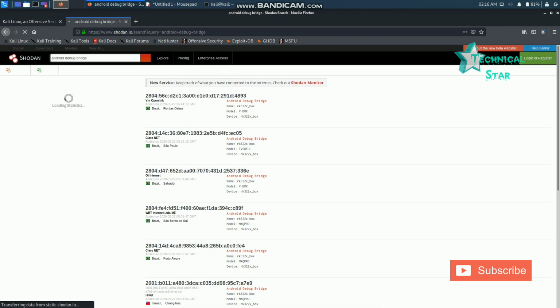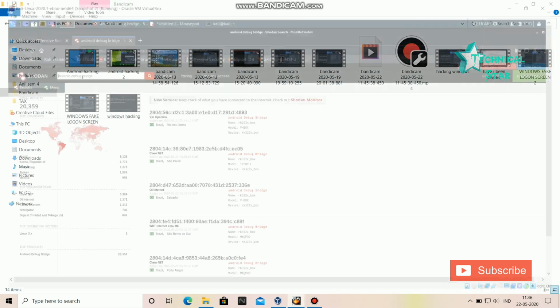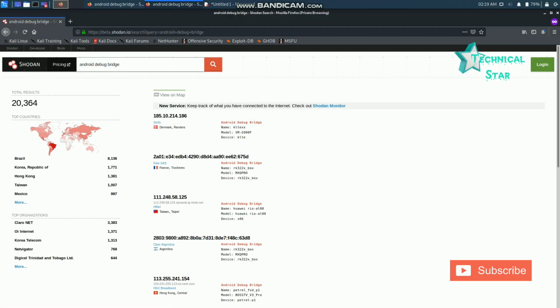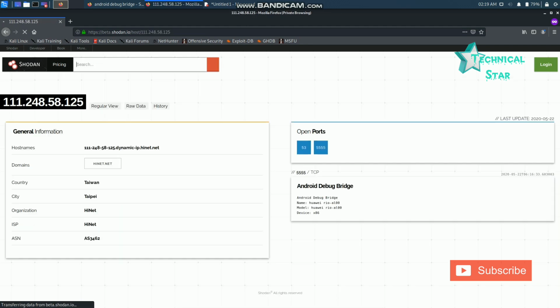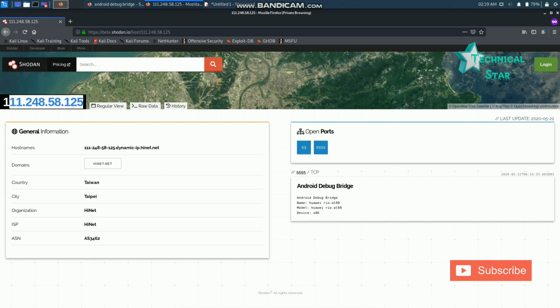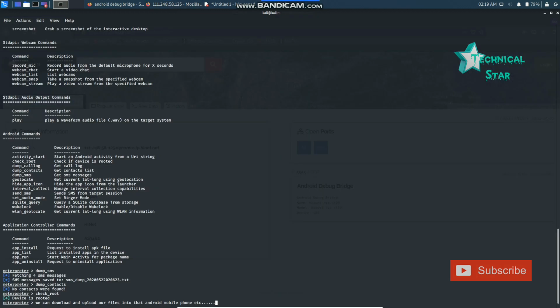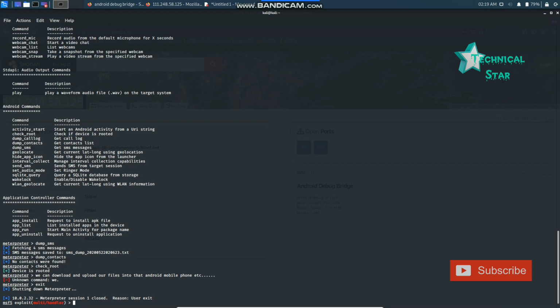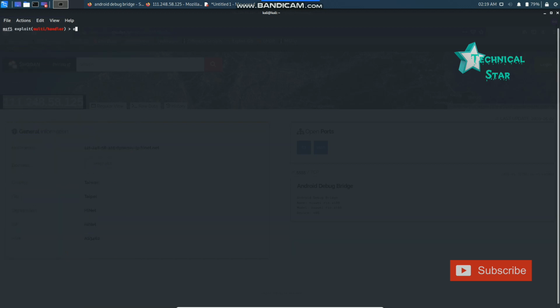Here all these are the information. We can also see the location of that Android mobile phone using that IP address. In this way the hacker can do everything by using our mobile phone.